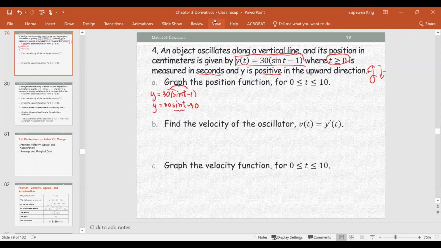Think about the sine function: the graph starts at 0 and goes up and down, up and down. The 30 is the amplitude, and negative 30 is the vertical shift, which moves the graph up or down in the y direction. This one is negative 30, so it goes down. With amplitude 30, the maximum of the basic graph is 30 and the minimum is negative 30. With the vertical shift of negative 30, the graph